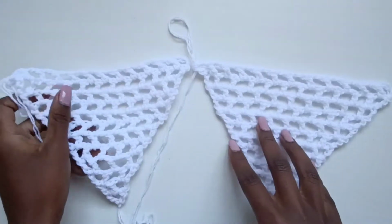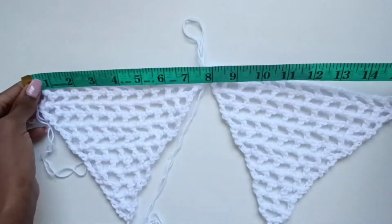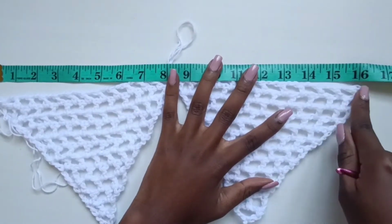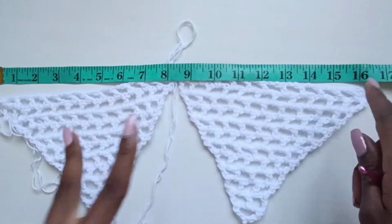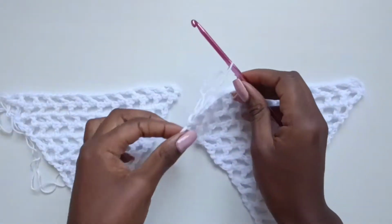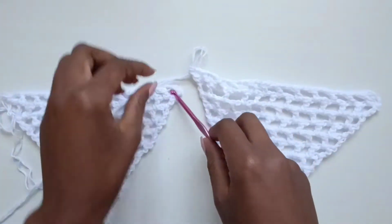Now we are going to connect the 2 using a single crochet right there, but before we do that, let's measure to just ensure that we have the correct measurements. If I stretch this a little bit, it's going to hit 17 inches definitely, because I measured as I go. So now we're going to just insert our hook right on that loop and connect to the next,